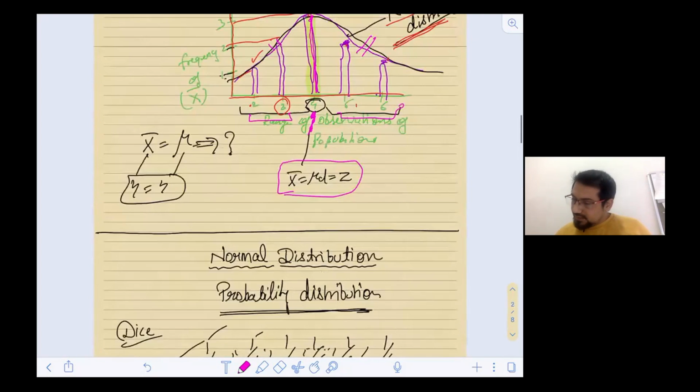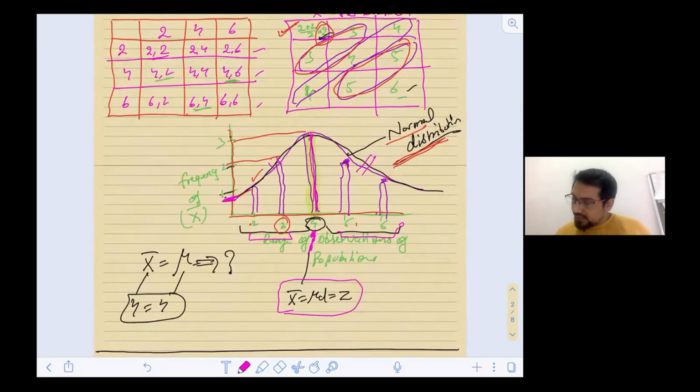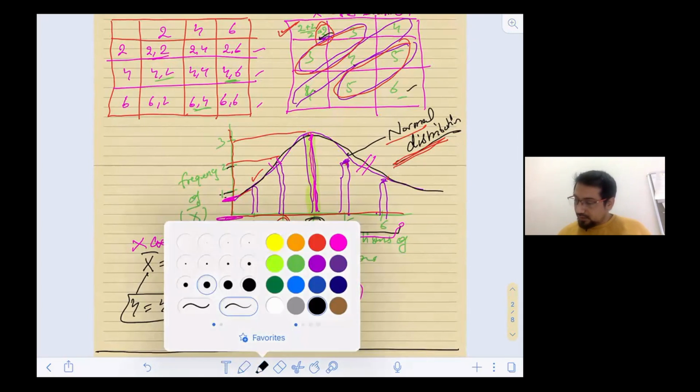It means that this curve never touches x, because this is the x-axis. Yes or not? This is the x-axis. It never touches this. You know why? Because